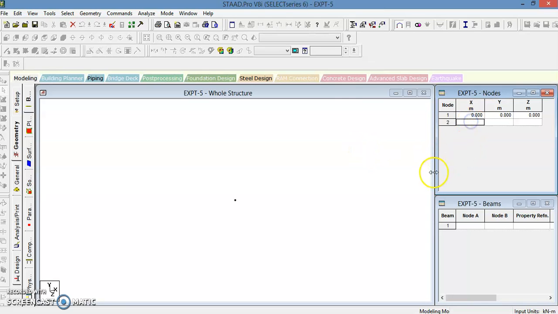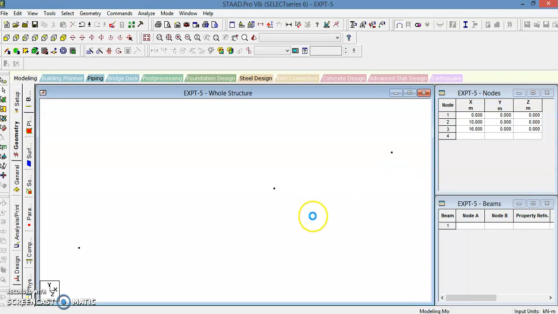Then coordinates of node 2, it is 10, 0, 0, so 10 enter. And the coordinates of node 3, it is 16, 0, 0, so 16 enter. Okay, as there are 3 nodes, if you enter the values of coordinates, the 3 nodes will appear there. After entering the values of coordinates, you will get the 3 nodes.